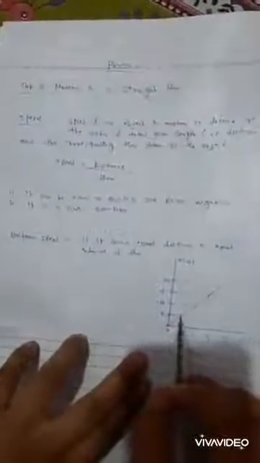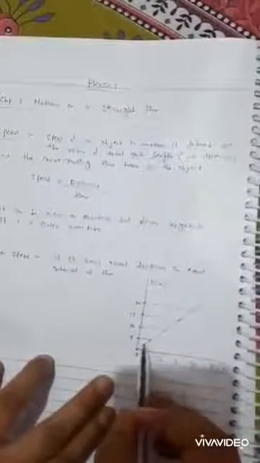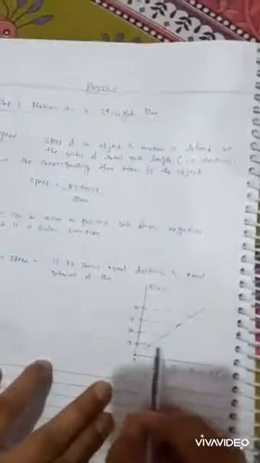So what you students are noticing here is that in every 1 second it covers equal distance, that means it covers 5 meter in every second. So when an object covers equal distance in equal intervals of time, that is a 1 second interval, then another 1 second interval, in equal intervals of time it covers equal distance, that's why it's known as the uniform speed.